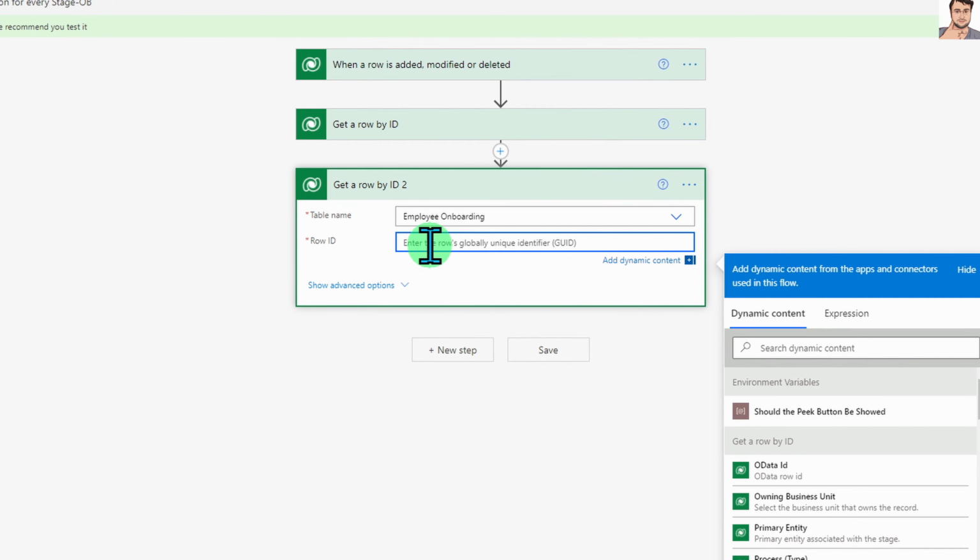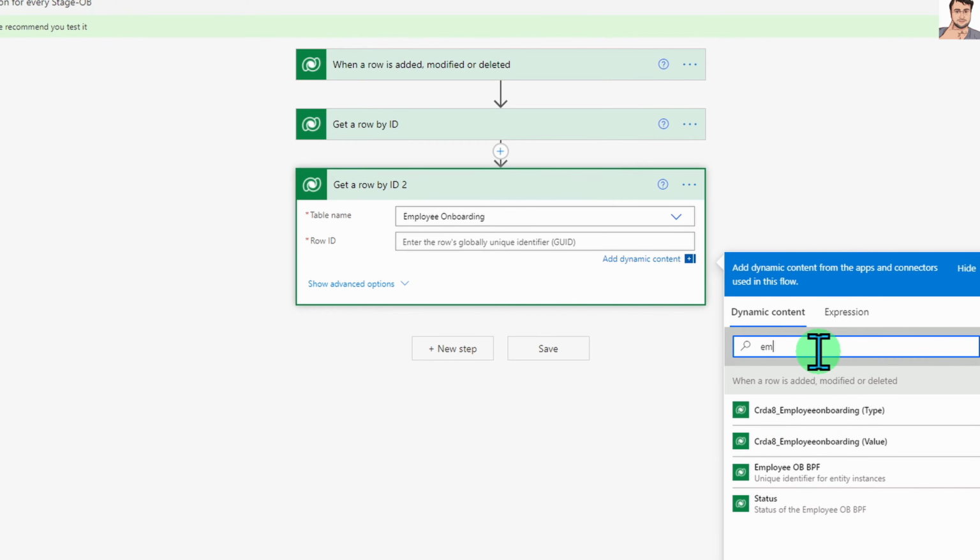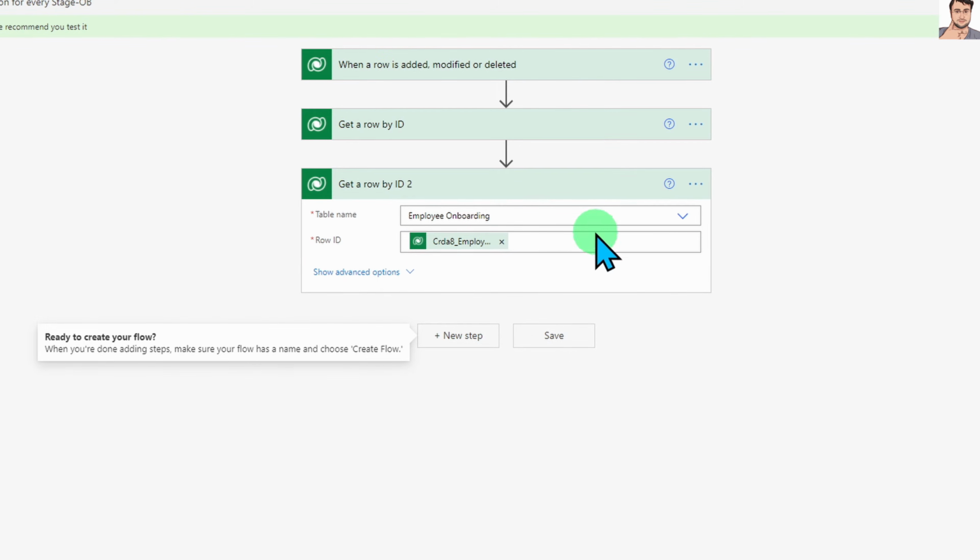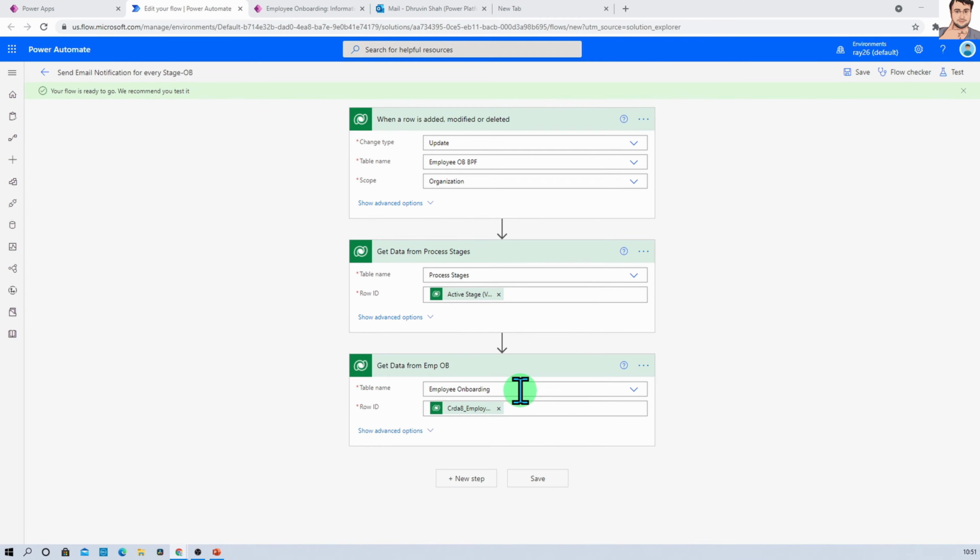And over here as well, in Row ID you need to pass the employee onboarding value. So you just need to search for employee onboarding value, right? So this is something that you need to pass. So let's pass that. So you will get that entire row over here.